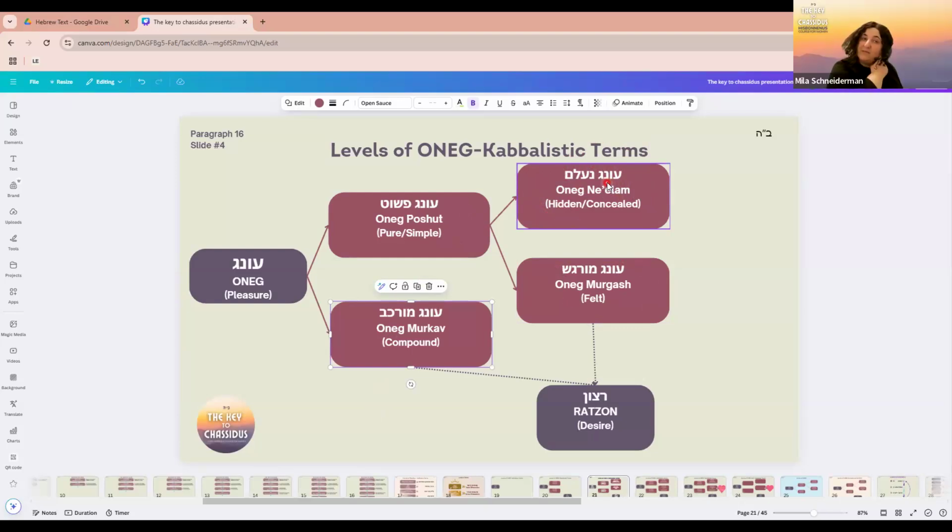Okay, good, fine, no problem. But you see, we're going a little bit more b'derech prat. Because even in the pashut bilti murkav, there are two levels: one is ne'elam and one is murgash. You're right, he is over there just generalizing it into oneg pashut. Okay, one second, here's what he said: b'tainuk haposhet gufa yesh beis dargis, tainuk haposhet hamurgash, v'tainuk ha'atzmi habilti murgash. Okay, that's exactly it.